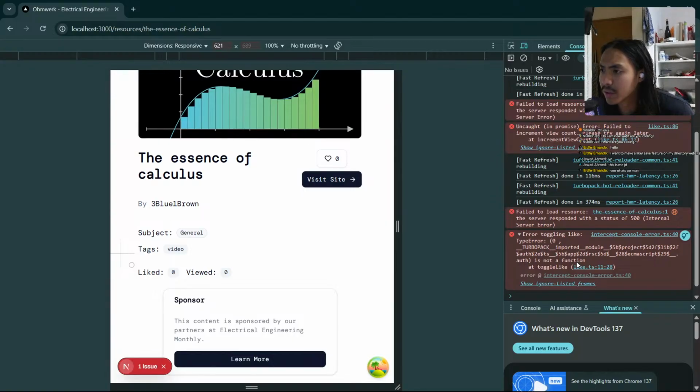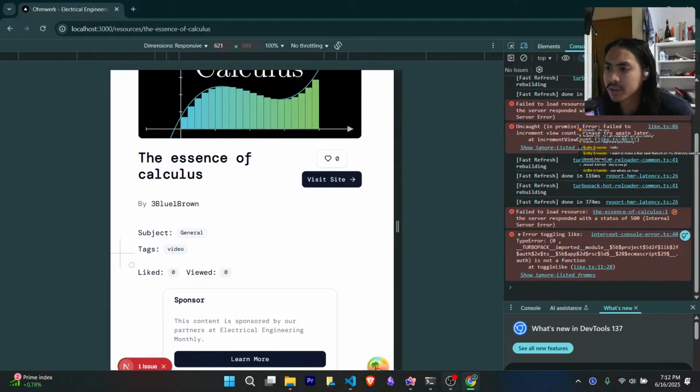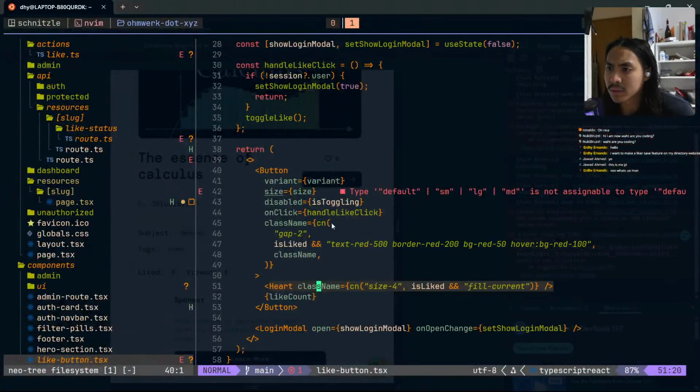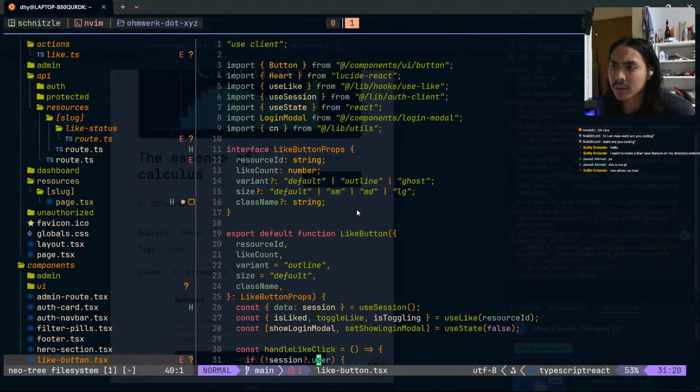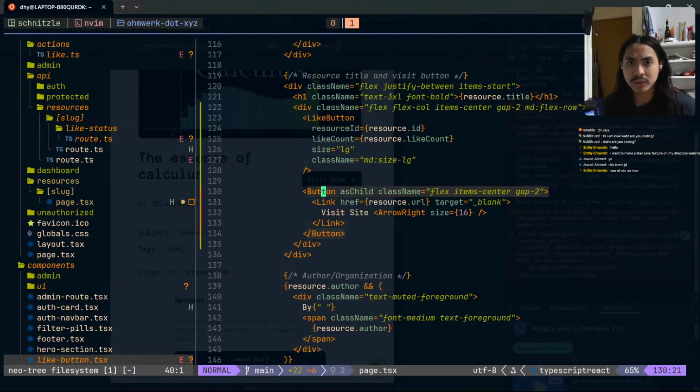Error: toggle like is not a function. Okay. That's not good. Okay. Let's go to the